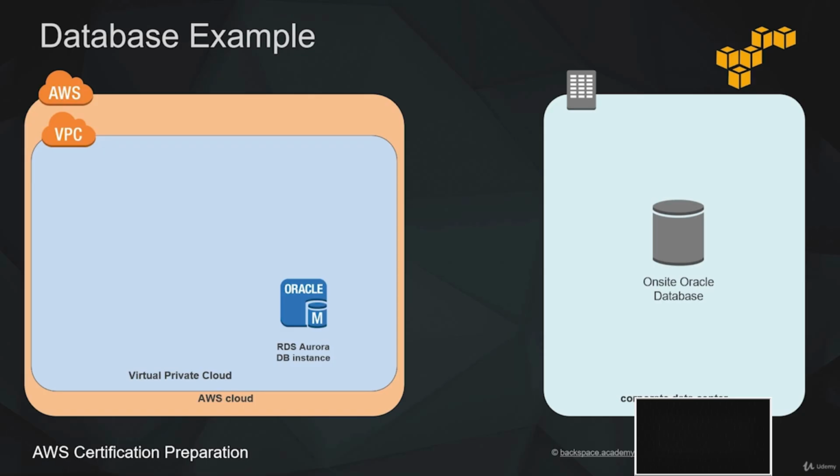And remember, a VPC is our own private space within the AWS cloud, and no one can enter it without us allowing them to enter. We could use a database migration service to migrate that data in that on-site Oracle database over to a target